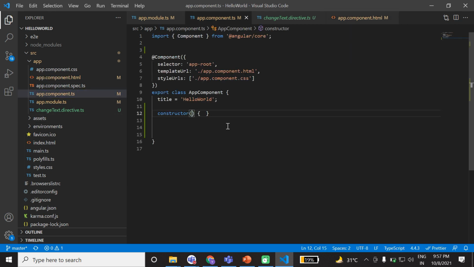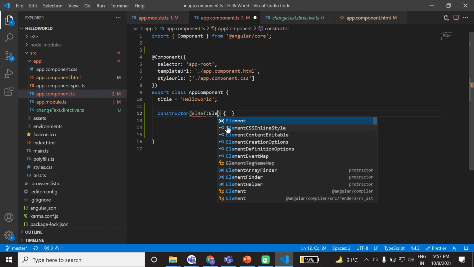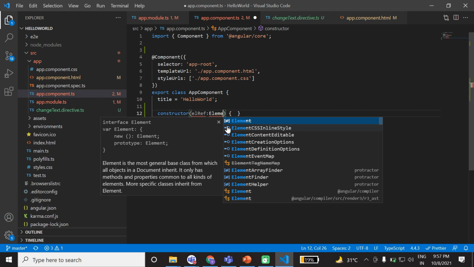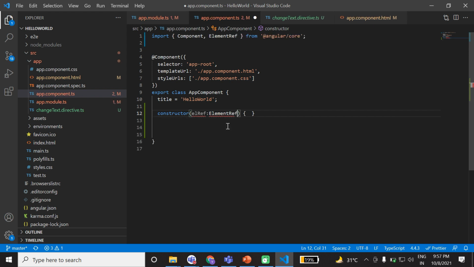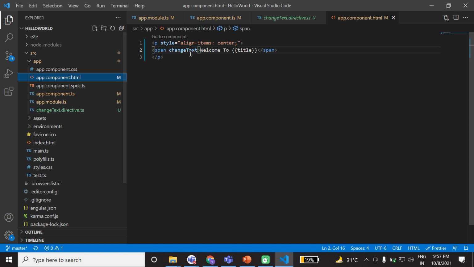Already we have put the name elRef, and ElementRef we need to inject here, because whichever element we use the attribute directive on, we need to take its ElementRef. That way it can hold all the reference for that particular element where we are using it.